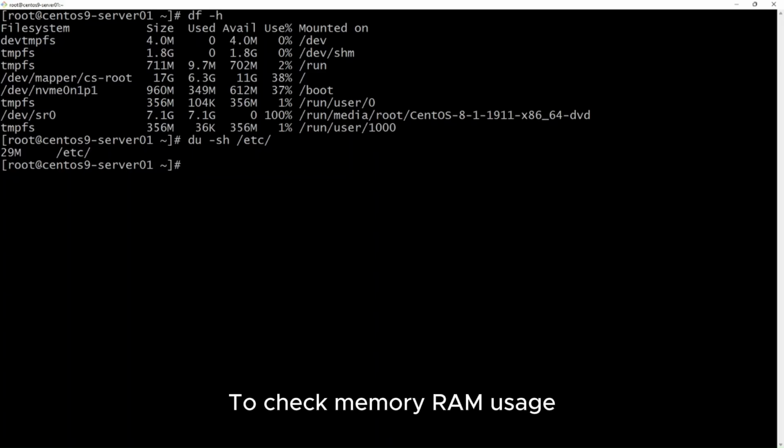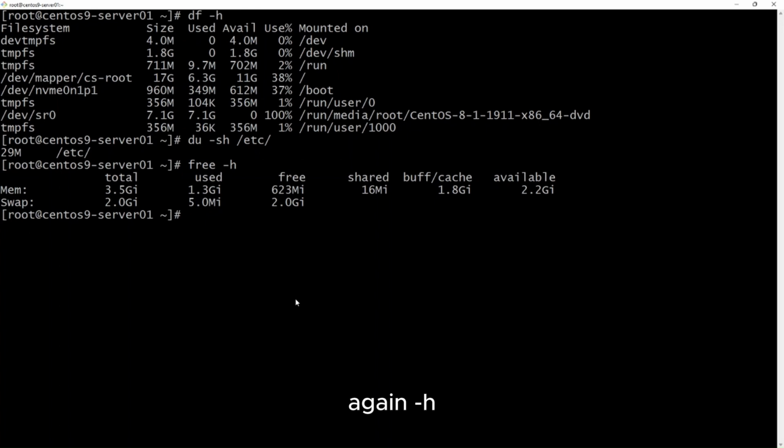To check memory RAM usage, the command is free with option -h. Again, -h makes it easier to read the numbers.